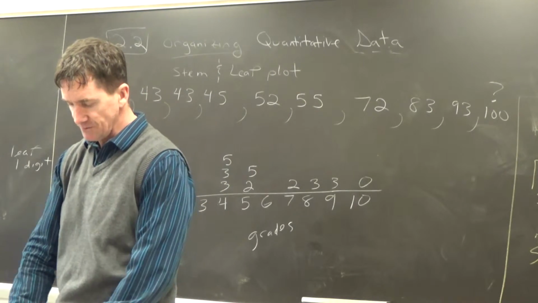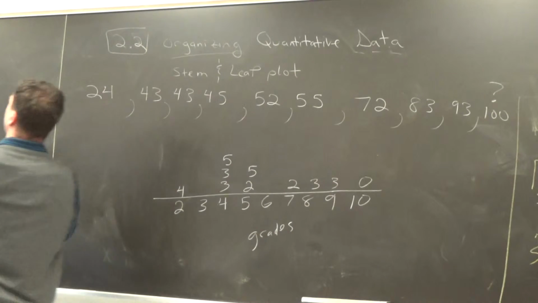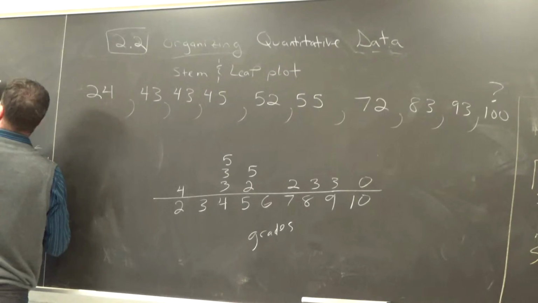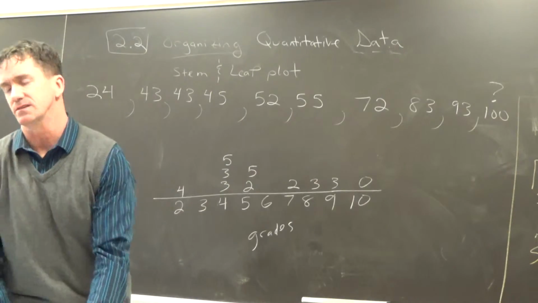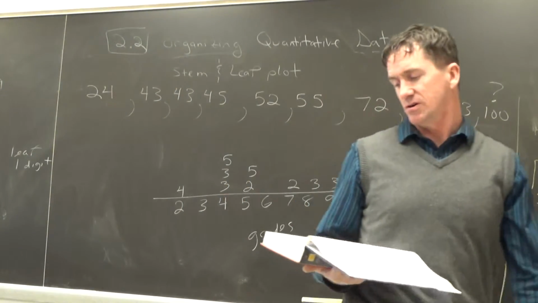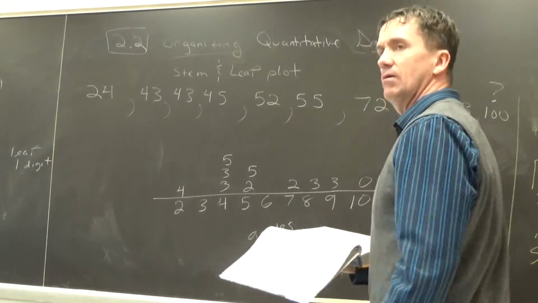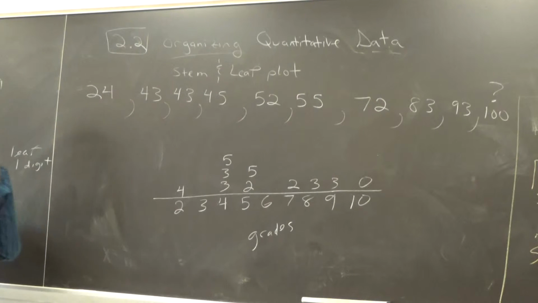It's in 2.2, just at the top of page 99. If you don't have your book, on top of page 99 there is a stem and leaf plot. This provides a picture of why they do these on the side. You go, I don't have my book with me right now. Well, what do they have? And down the middle,